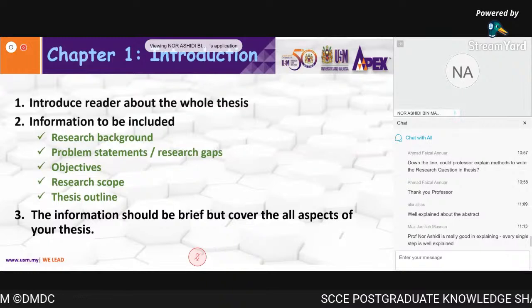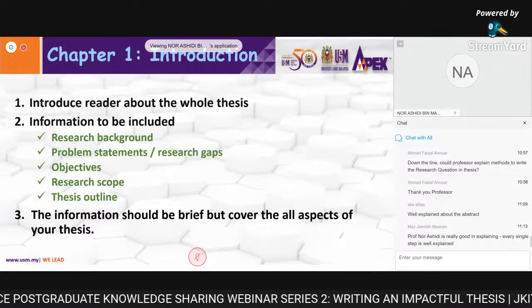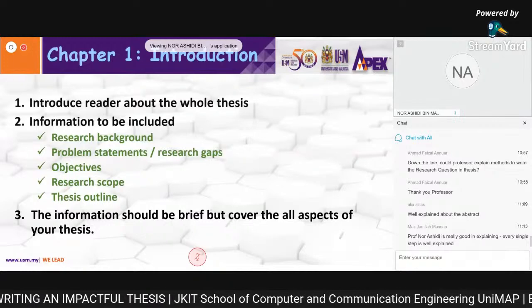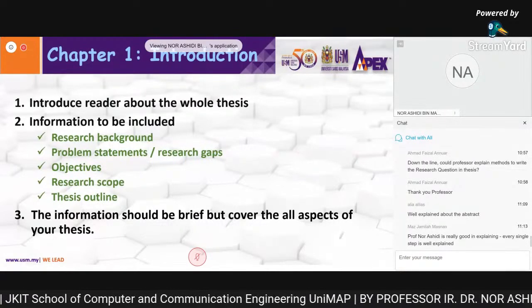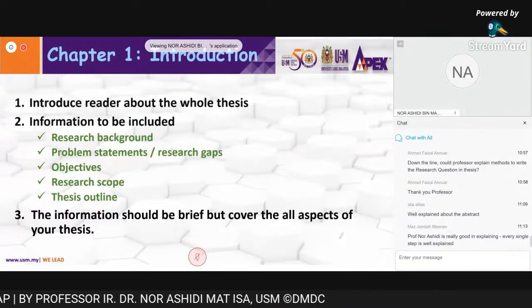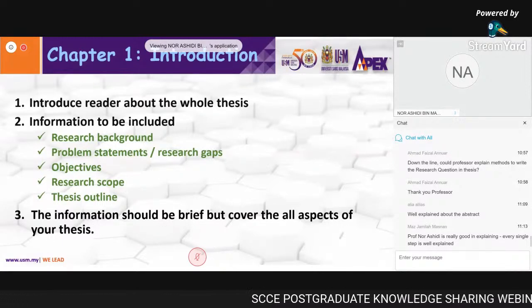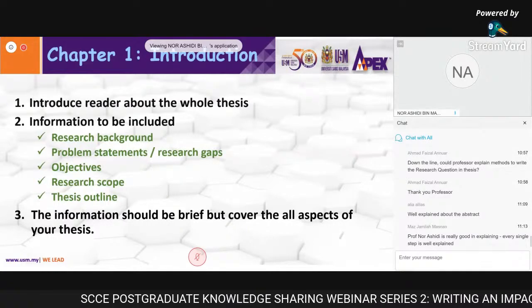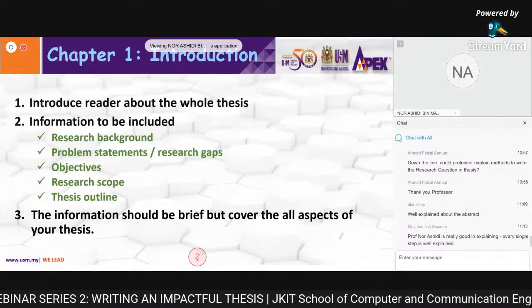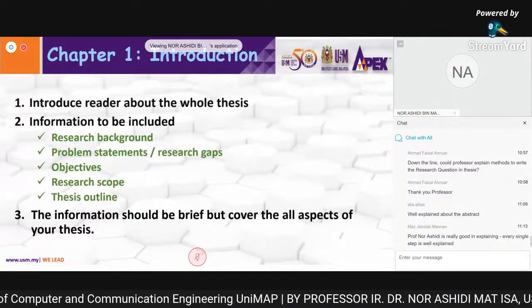Or you can have an additional one, which is the first paragraph, where you show the scenario of the problem or the real world before you go specific to the research gaps. That's okay. If you have 2 research gaps, then you can have 3 paragraphs. The first paragraph is about the general problem of the research world, the real case study or real world. And then the other 2 are specifically for each research gap. Okay, I hope you understand.